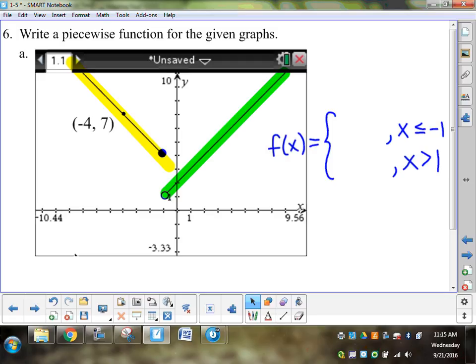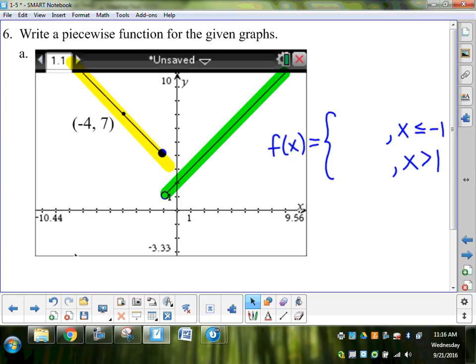Okay, you want to give the yellow? What's the slope of this line going to be? Too much for that. Well, we can do the green one. Let's go. Well, then what's the equation of the green one? Y equals